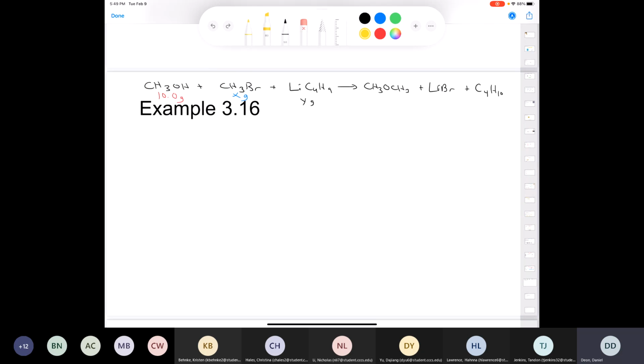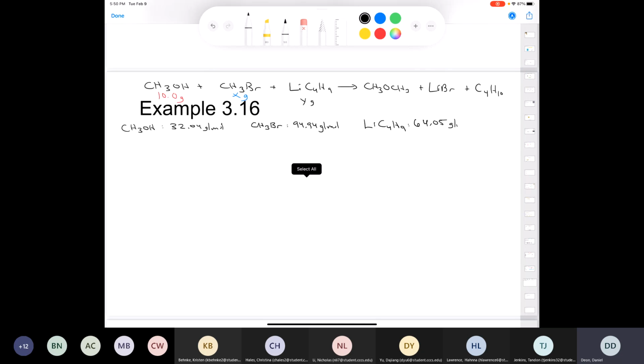So that means I'm going to need the molar masses for all three of these in order to solve this problem. Now I've gone ahead and done the work already. I'll just write them down here. So methanol, CH3OH, has a molar mass of 32.04 grams per mole. Okay, methyl bromide, CH3Br, has a molar mass of 94.94 grams per mole. And butyllithium, so lithium C4H9, has a molar mass of 64.05